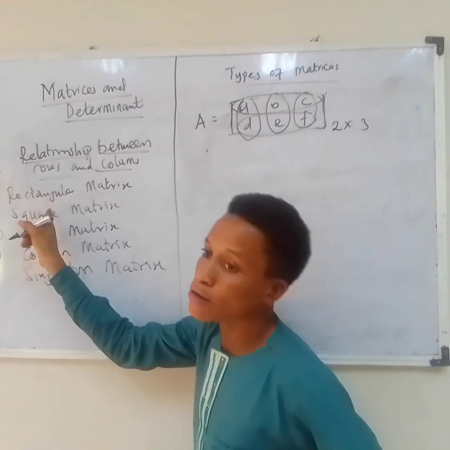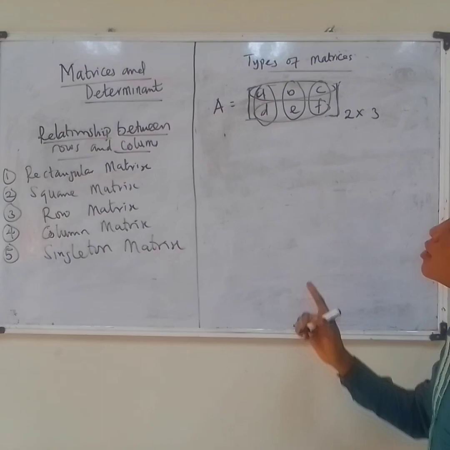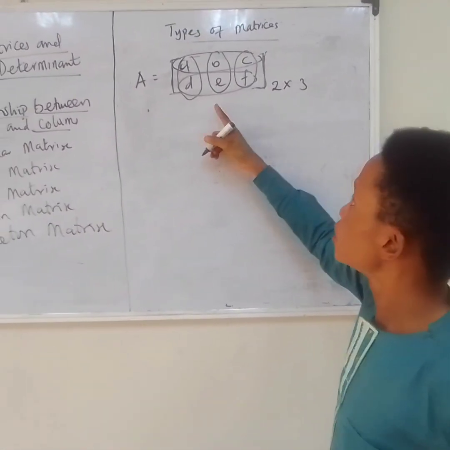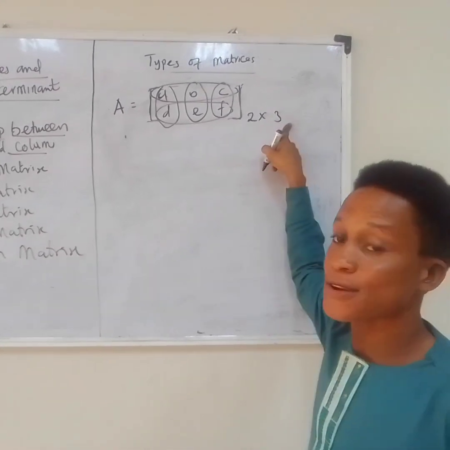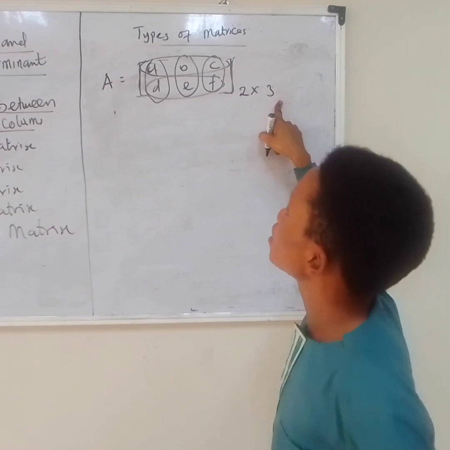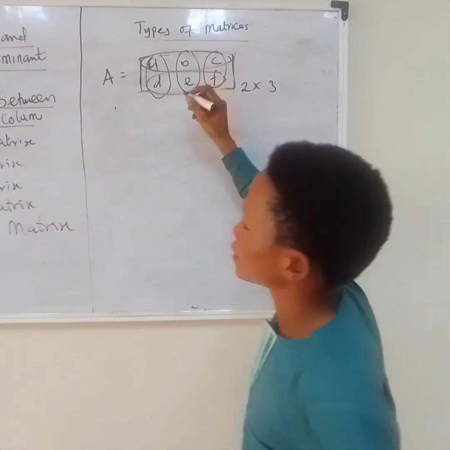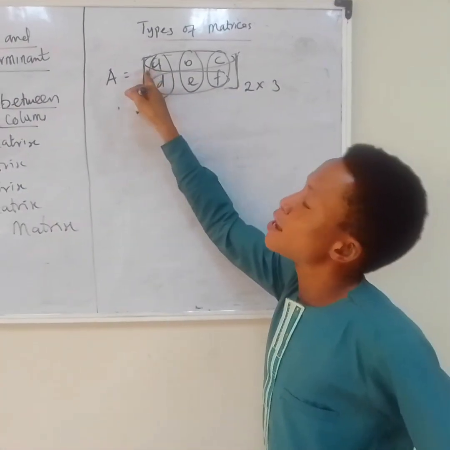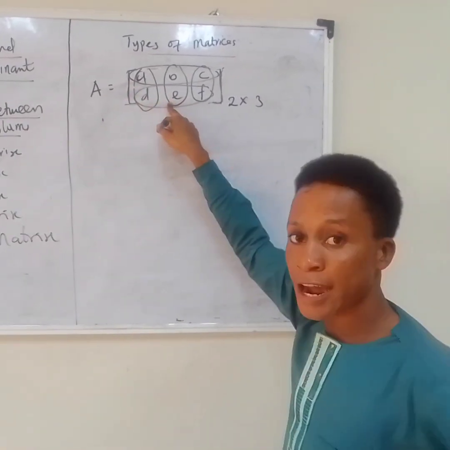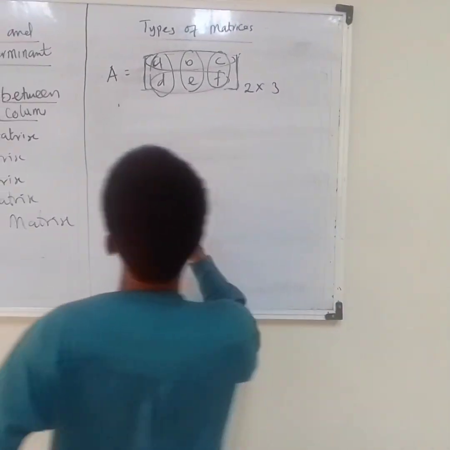So in a rectangular matrix, the rows and columns are not the same. Right there you have a 2 by 3 matrix, rows and columns. So what I'm saying there is also that in a rectangular matrix we don't have a leading diagonal, in the sense that, say for instance, let's